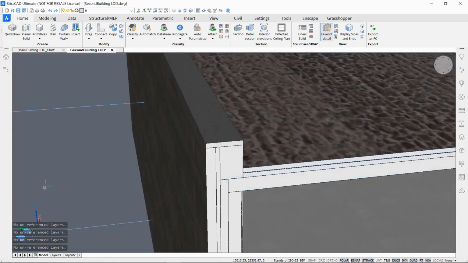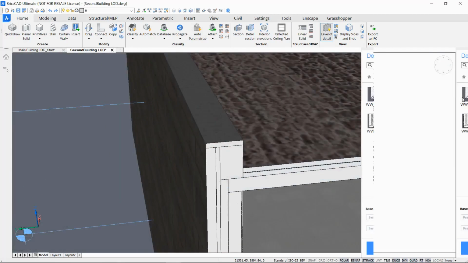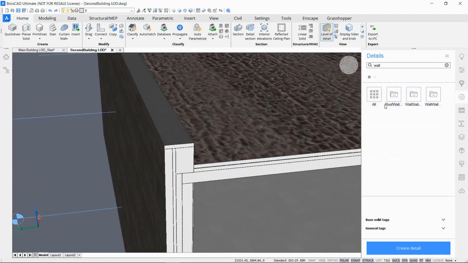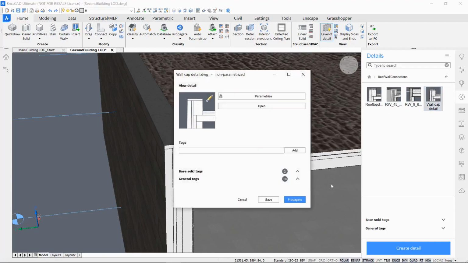Okay, so our detail is saved. So let's open the details panel and search in the folder where you saved this detail. This would be wall cap details, so this one. You can go ahead and open this detail, and now you see our detail is not parameterized, so there are